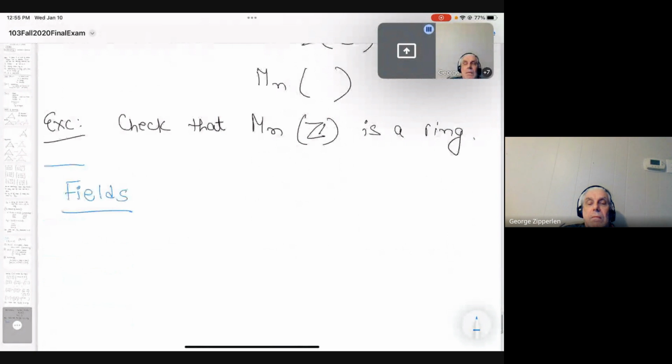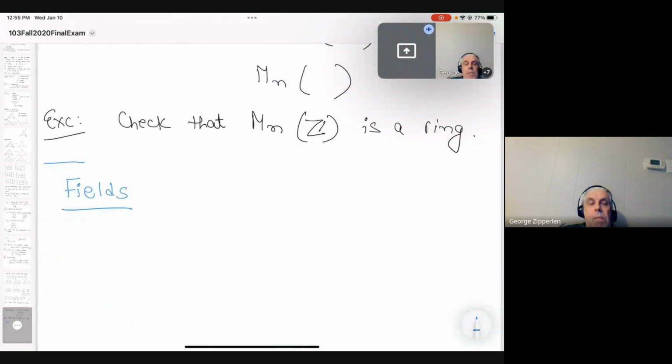Now that we are familiar with the terminology of groups and rings, and this is not the only class where we will discuss groups and rings, we will be discussing them in coming lectures also. But finally, I can talk to you about fields. What do I mean by fields? Just to give a formal definition, a field, let me call this F,